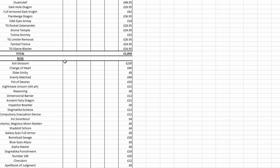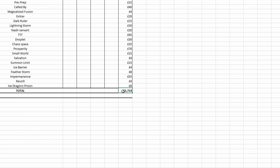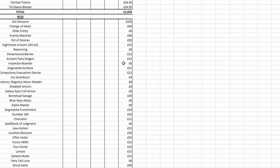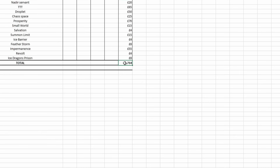So if you add up every single quarter century secret rare from the Rarity collection, there's 81 in total. It comes to 1700, which is not ridiculously high, but it's going to go much, much lower than this. So yeah, I think looking at prices for these right now just isn't really showing much. I am interested to see the ceiling price-wise that we'll get for some of these quarter centuries like Ash Blossom, because we might want to pick them up sooner or later. It is 3 quarter centuries per box, but because there's 81, it's still like 27 boxes in total you need to pool at least one of each on